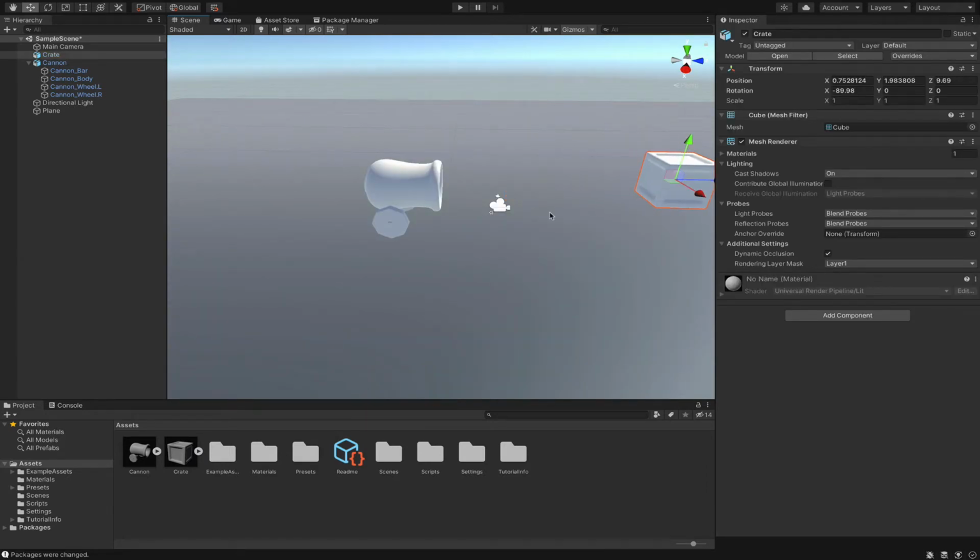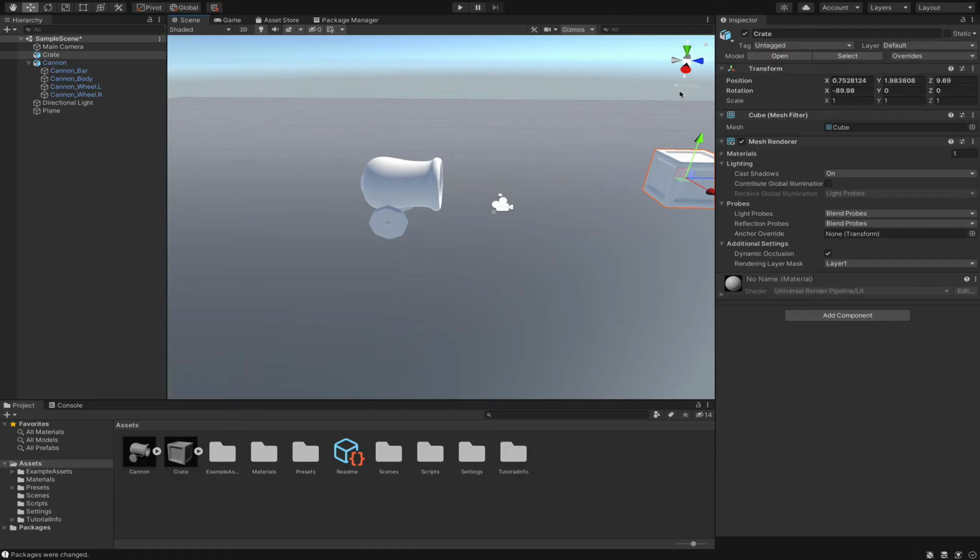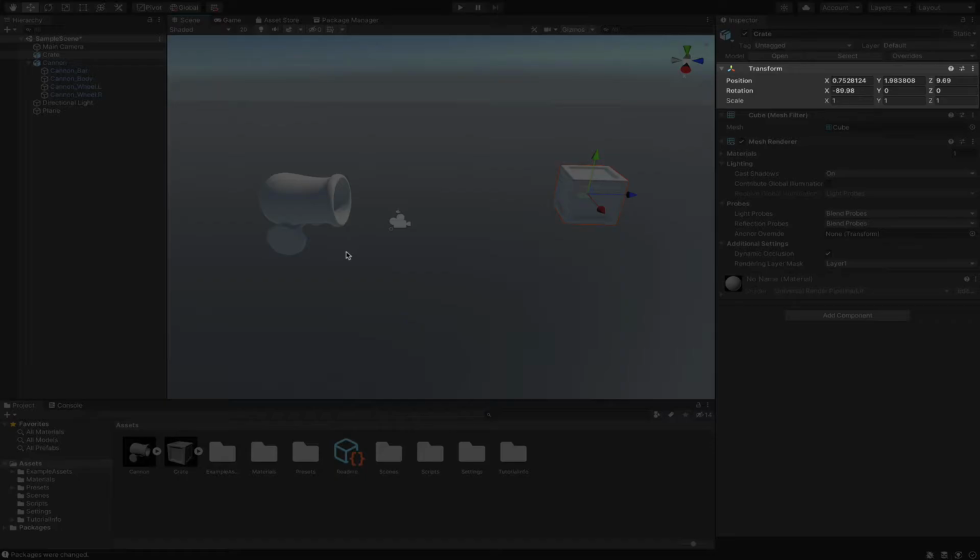I want to bring your attention over to this little gizmo in the top right of your scene window. Here you can see all the three axes, the Y, X, and Z. And remember, in Unity the Y axis points up, not the Z. And we want to make sure that our game objects are facing the Z axis. So you might have to rotate your cannon so that the opening is facing the Z axis. And you can do all of this in the transform component under the inspector window at the top right of